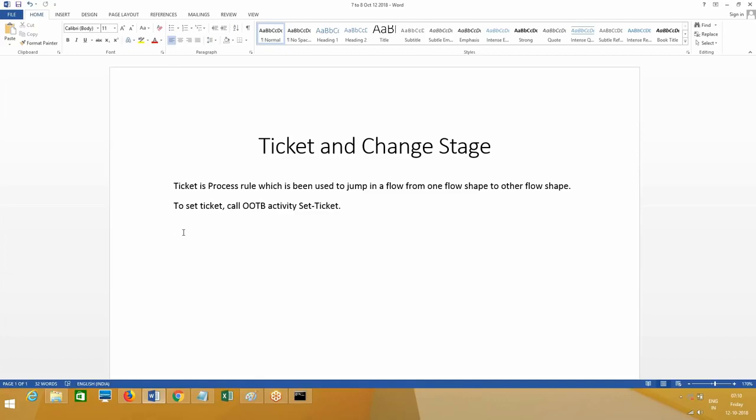You know how to assign the status? How to assign the status of a work object? We need to create a field value. That is okay. Where do you assign? How do you assign? Is it only the assignment shape?